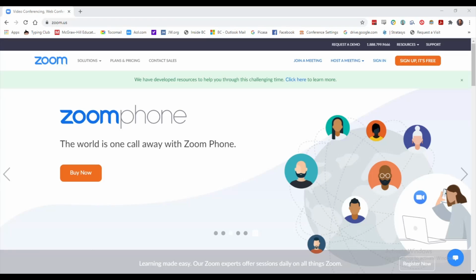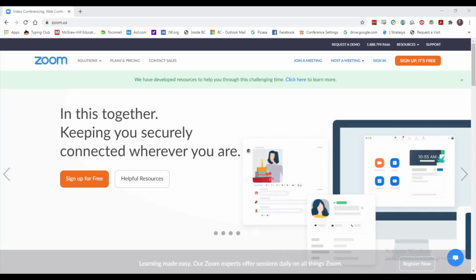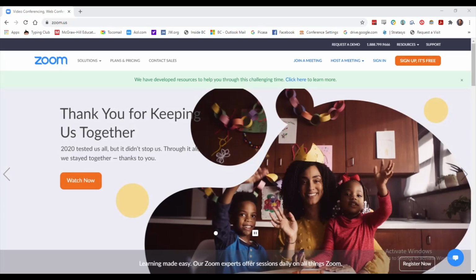Before the spring of 2020, chances are pretty good that most of us had no idea what Zoom was. We had never heard of it, but we've gotten a lot of experience since then, though, for many of us. So if you already know how to use Zoom, that's fantastic. If you are new to using Zoom, though, I wanted to give you some information that will help you out